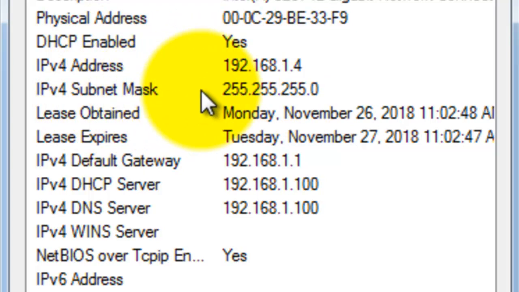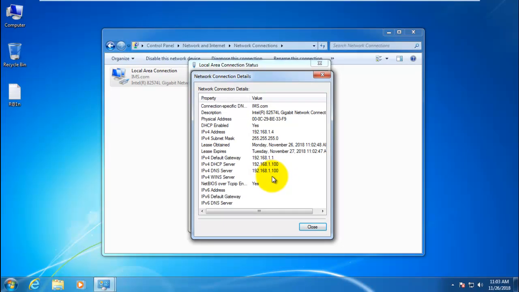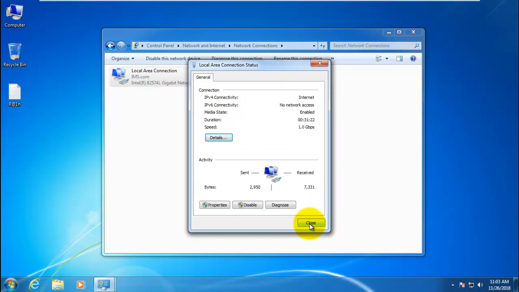The corresponding subnet mask is 255.255.255.0, which is the default subnet mask of class C. The default gateway which is assigned to this particular machine by the DHCP is 192.168.1.1, and the DHCP server address is 192.168.1.100, and the DNS server address is also the same as the DHCP server. Okay, click on the close button,